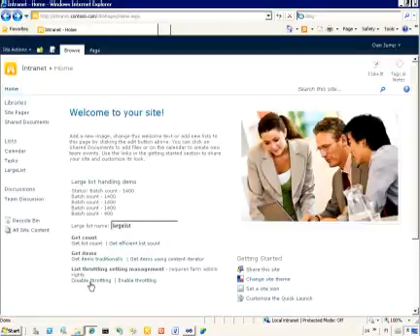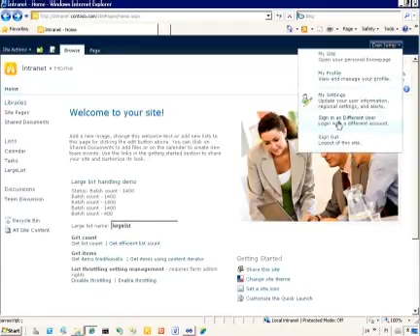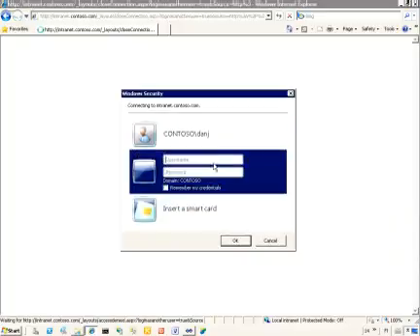The list throttling enable/disable functionality within the object model is only available when we have farm administrator rights. So if we re-log in using the administration account,